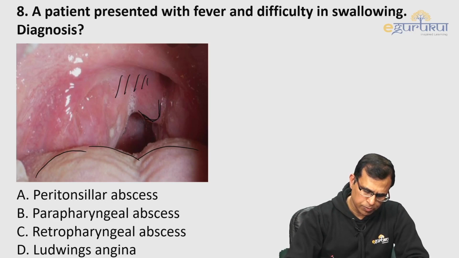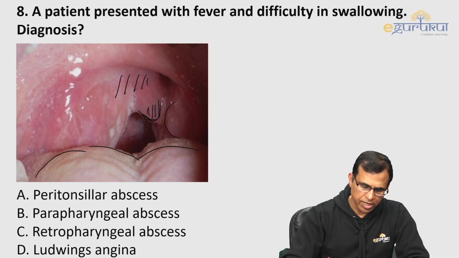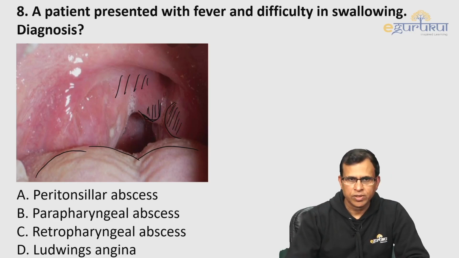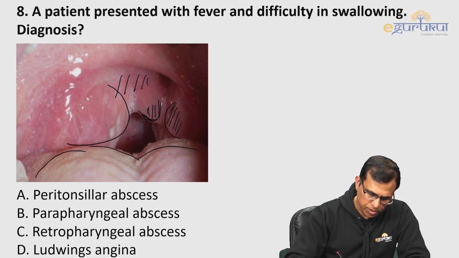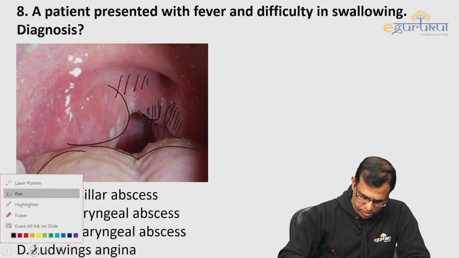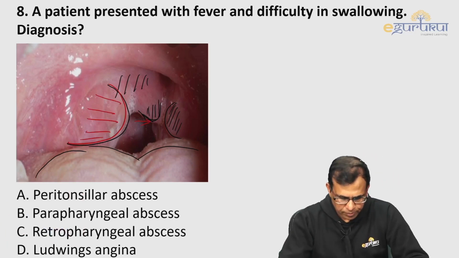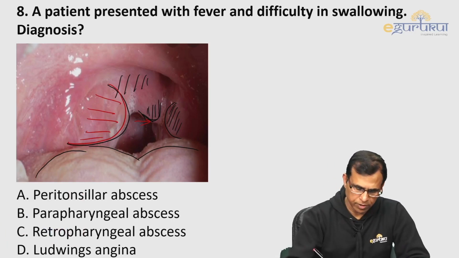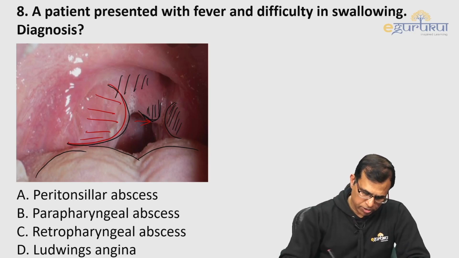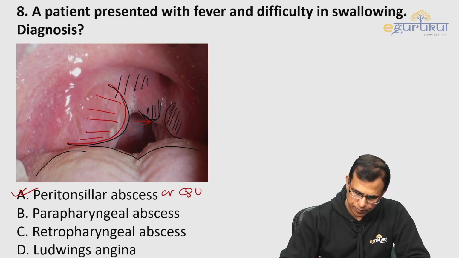Can you make out the uvula is pushed to one side? On this side where the uvula is pointing or pushed, the tonsil looks normal, but the opposite side tonsil is enlarged. So let me use a red color here. So this is an enlarged or pushed tonsil. Also the uvula is pushed. The patient has fever and difficulty in swallowing. This is a clear-cut case of peritonsillar abscess, this one, which is also called quinsy,